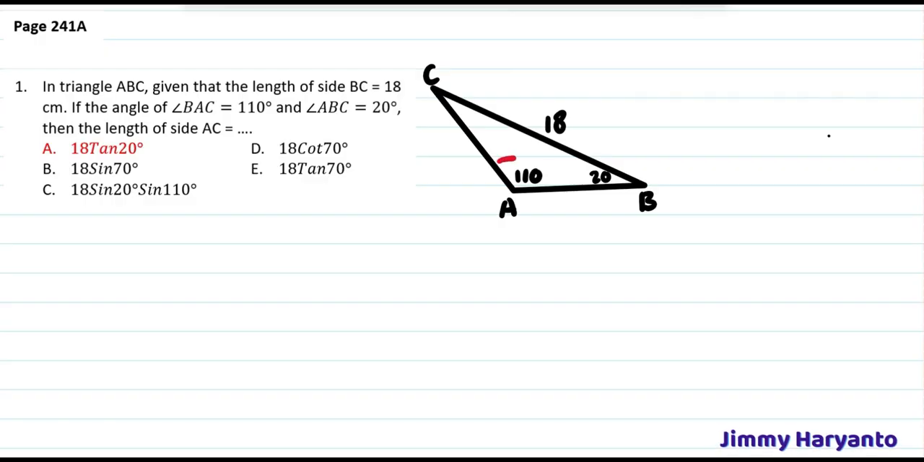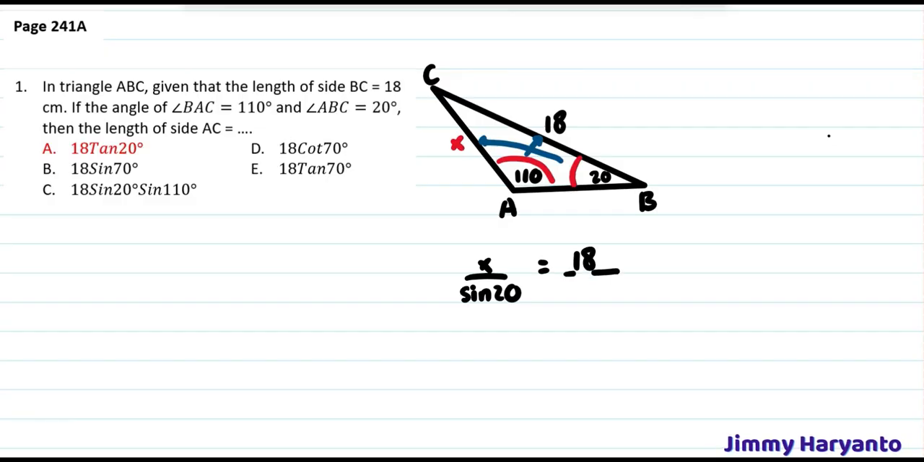Okay, this one is a little bit confusing guys, because we didn't have the tangent rule, but suddenly the option gives you the tangent. Yeah, so let's see what happens next. So in this case, I have the two angles. That means I will use the sine rule. First is x over sine 20, and then the next one is 18 over